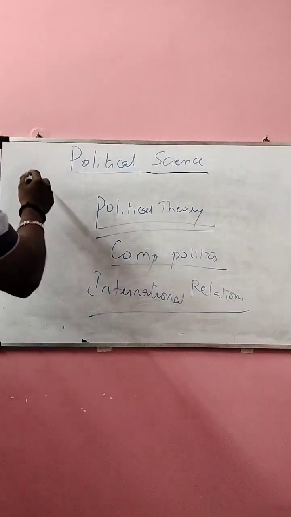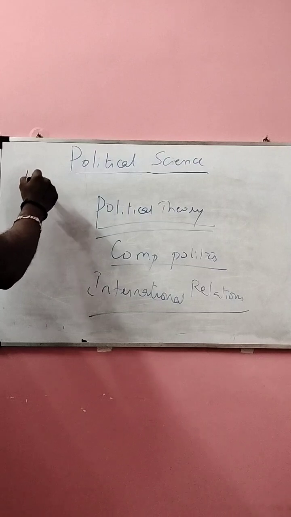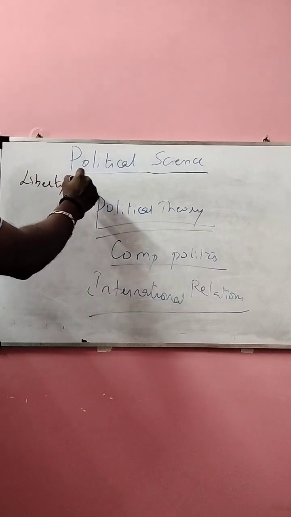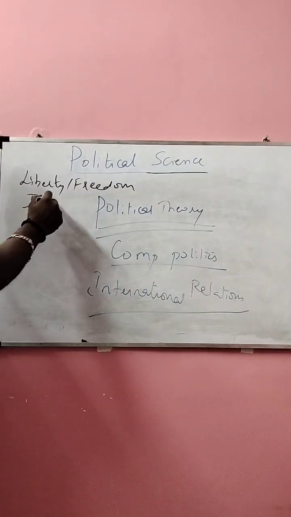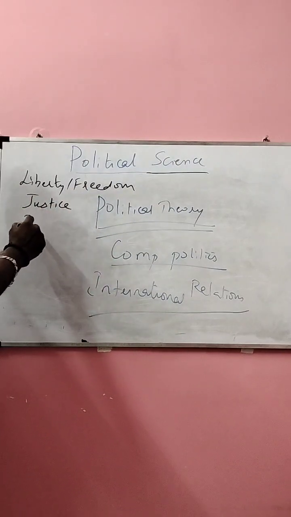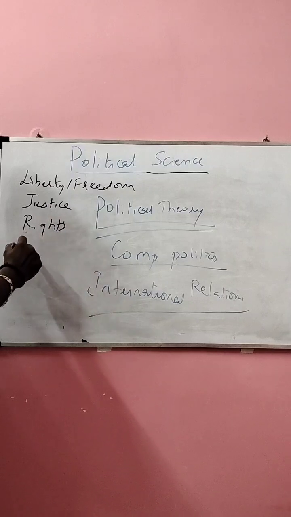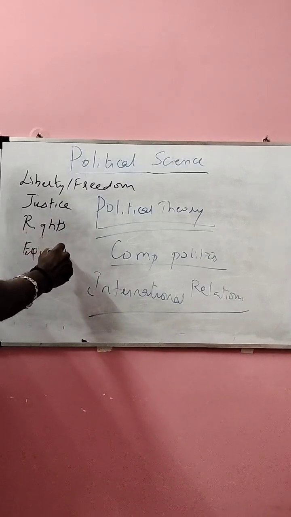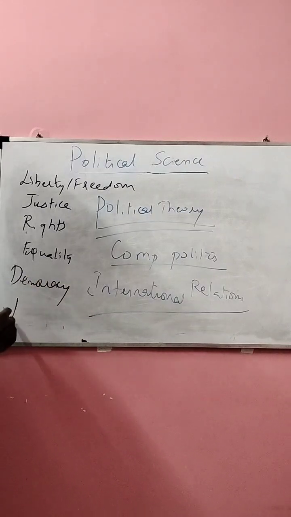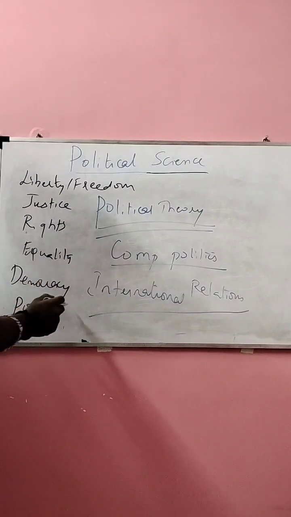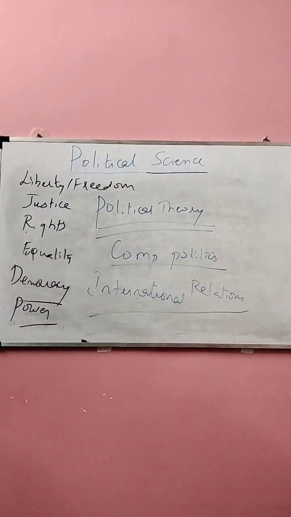The six key concepts are liberty, also called freedom, justice, rights, equality, democracy, and power. A student of political science should know the basic meaning of these concepts, how these key concepts